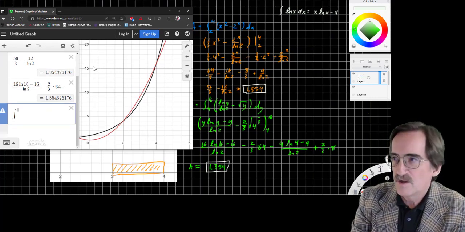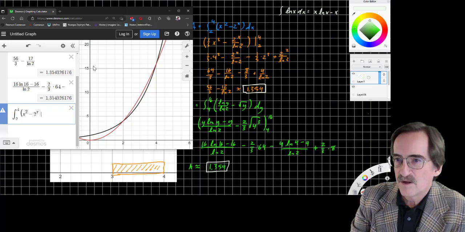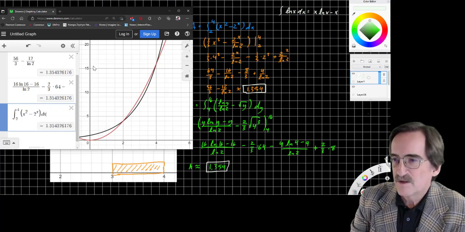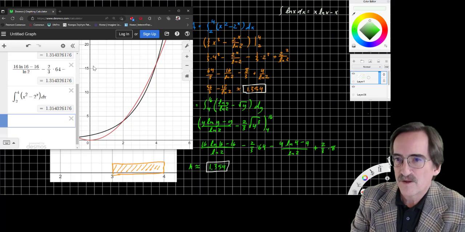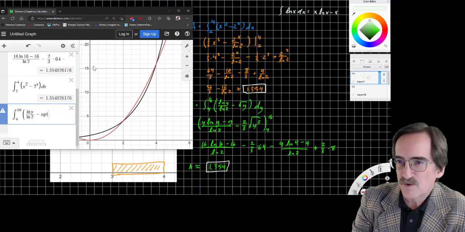The integral from 2 to 4 of x squared minus 2 to the x dx, 1.354. Okay, and the integral from 4 to 16 of ln y divided by ln 2 minus square root y dy,